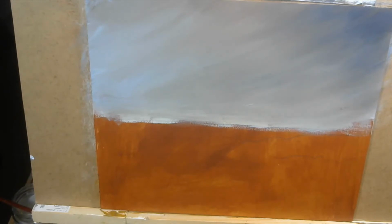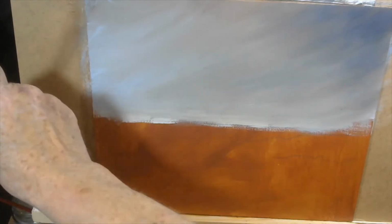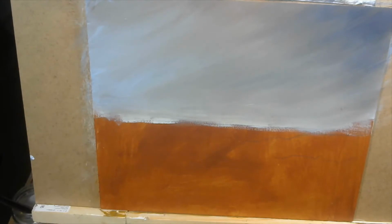Fan, go and sit in there. That brush, go and sit in there. Now, I'm going to use a smaller long flat, and I'm going to put in the headland across there. Now I do need the light red into it here, and a touch of the umber, some ultramarine. This is a bluey grey